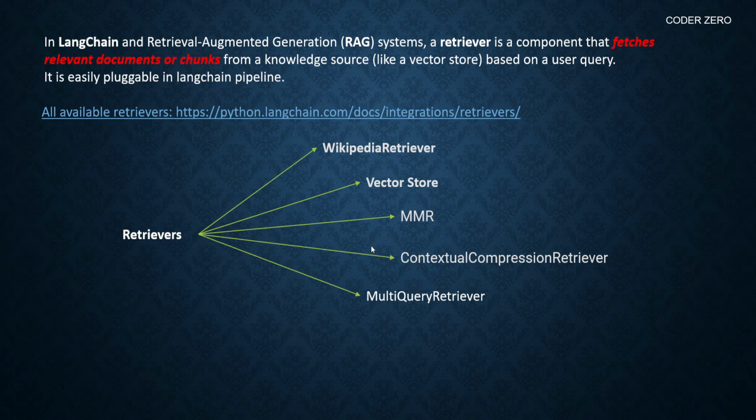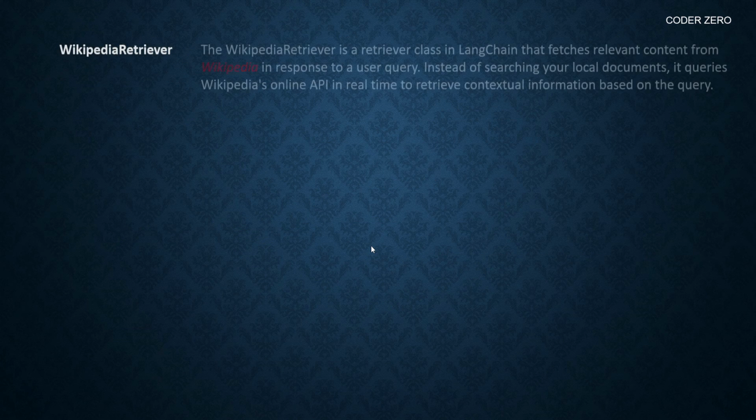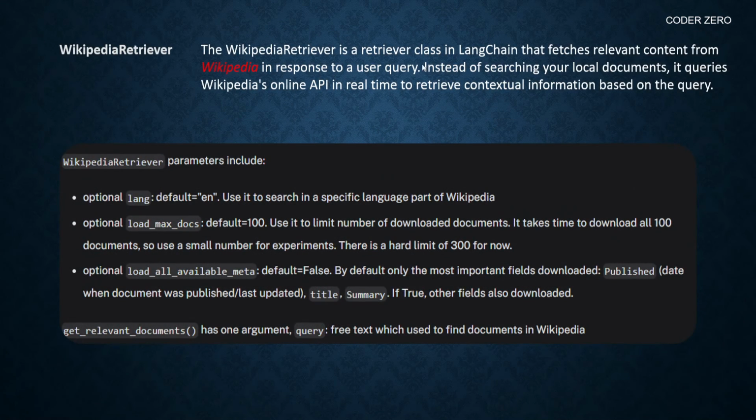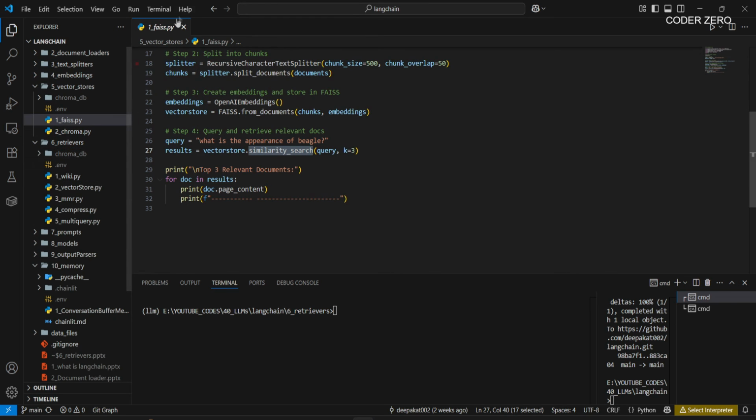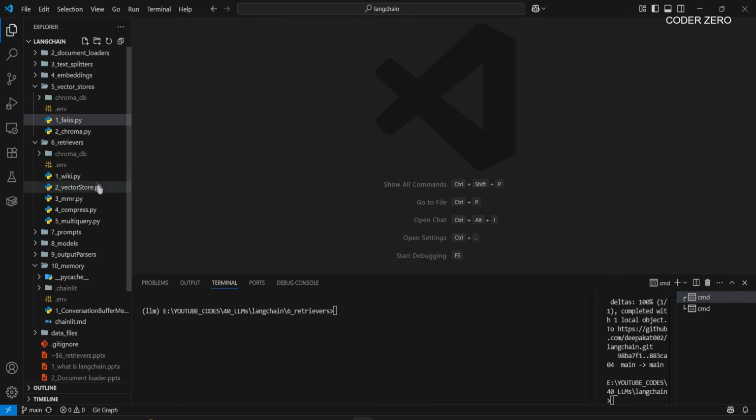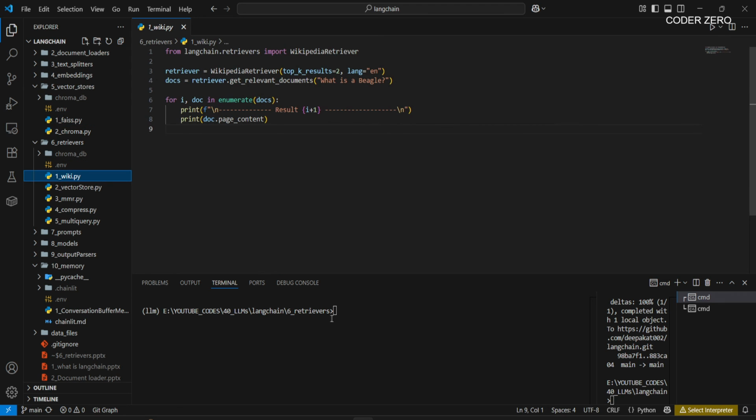Now what is a Wikipedia retriever? Wikipedia retriever is a retriever class in LangChain that fetches relevant content from Wikipedia. So these are some options that are available in this Wikipedia retriever. So here we have Wikipedia retriever, and if we run this,